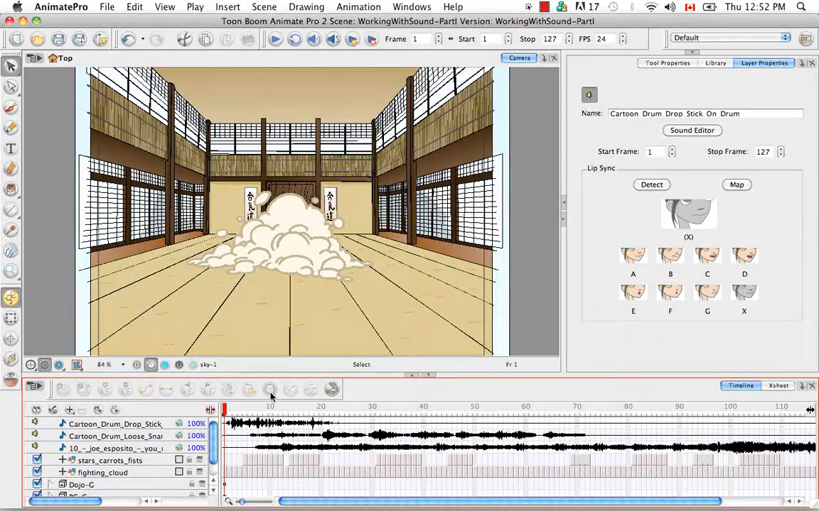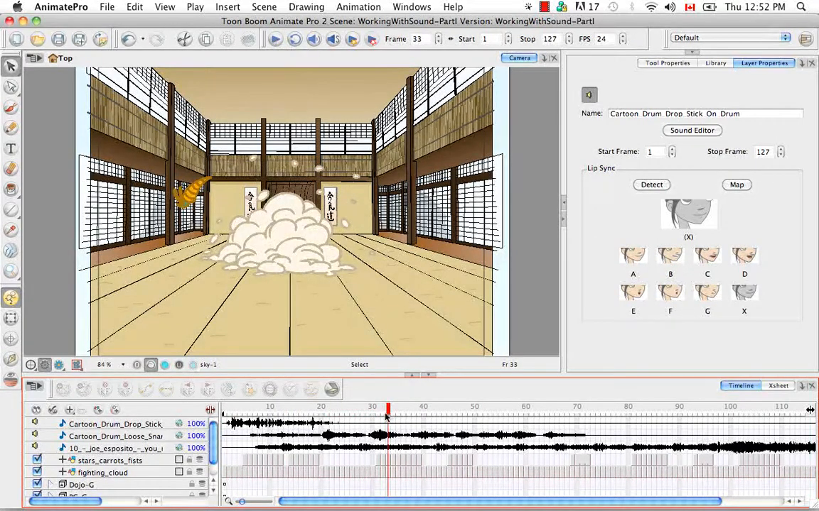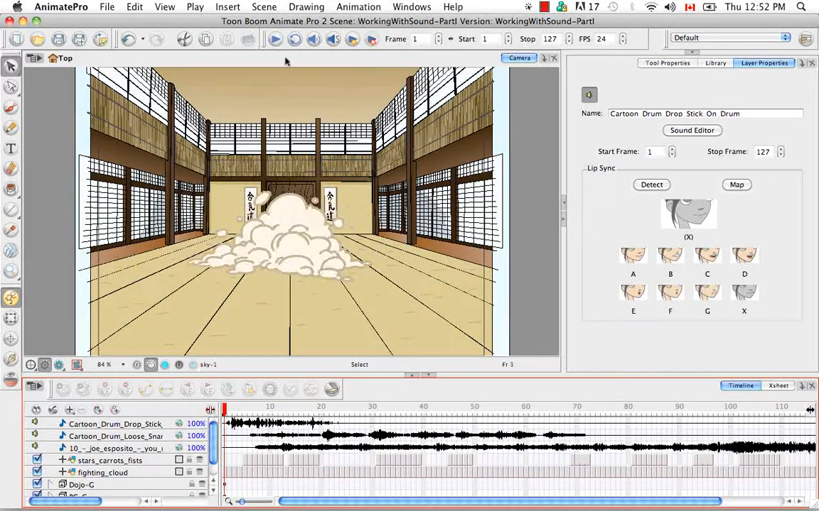Okay, so to even enable sound playback, there's a button at the top here in the playback toolbar that you have to click, and it's this one in the middle. So right now, if I clicked on the play button, you wouldn't hear any sound. Everything is silent. But then if I click on the enable sound button and click on the play button,